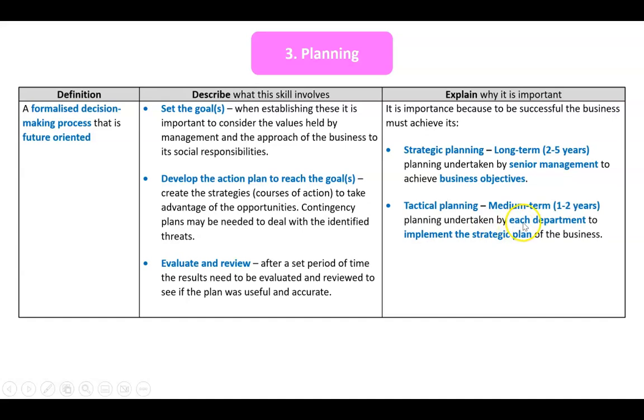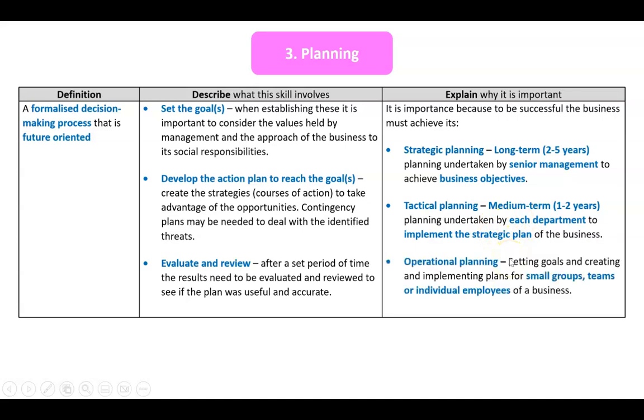Maybe the case study is about medium-term planning or tactical planning. Basically, maybe a team manager, say the marketing manager or the operations manager. And that means you've got to turn these strategic plans of the business into tactical plans for your particular department. Or maybe the case study is about operational planning, and that's more a team leader or a supervisor,